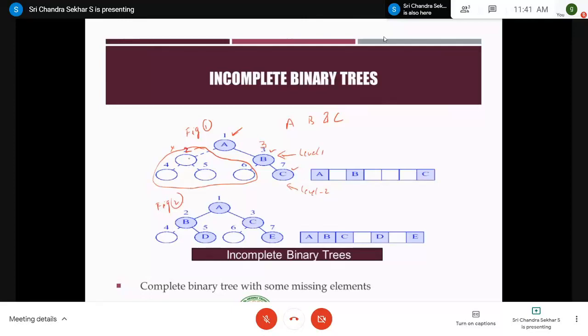Therefore, for this dummy node 2, you assume that there are dummy children, a left child and a right child, and you number them. Therefore, the dummy left child of 2 is given the number 4, and the dummy right child of 2 is given the number 5. Similarly, B is not having the left child. Therefore, you put a dummy node, which you number as 0. And C is the original node, which is the right child of B, and you have to give the number as 7. This is very important. You should not forget it, right?